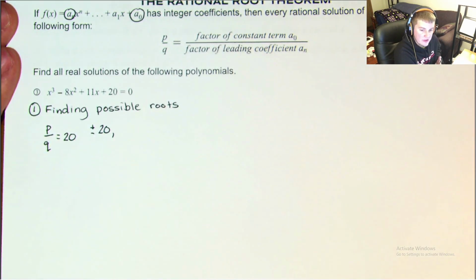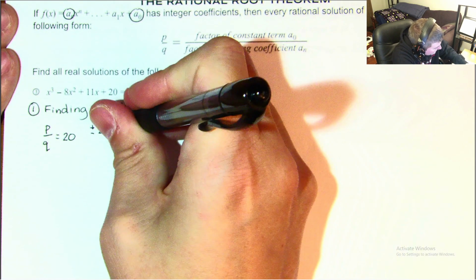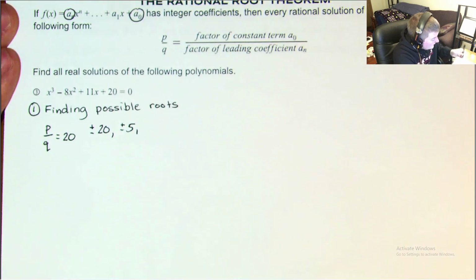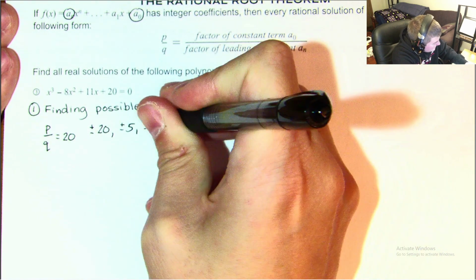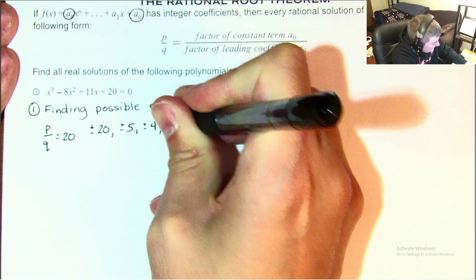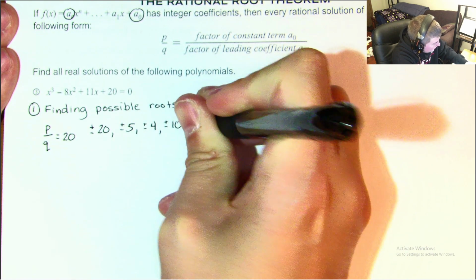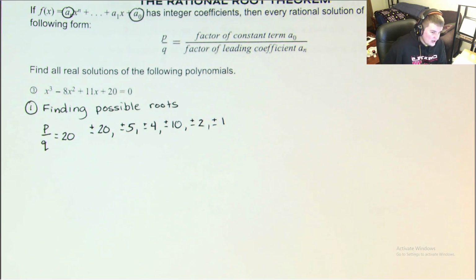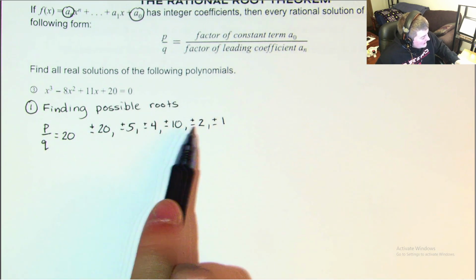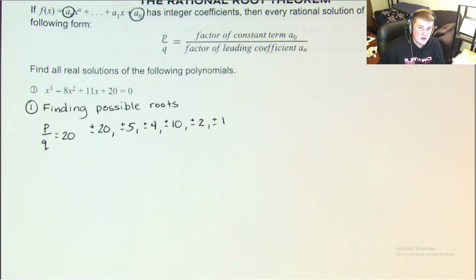What's another number that divides evenly into 20? 5. Okay, so plus or minus 5. Okay, another number, plus or minus 4, plus or minus 10, plus or minus 2, plus or minus 1. Okay, so just to get started, we have 2, 4, 6, 8, 10, 12. We have 12 different numbers that could possibly be roots,